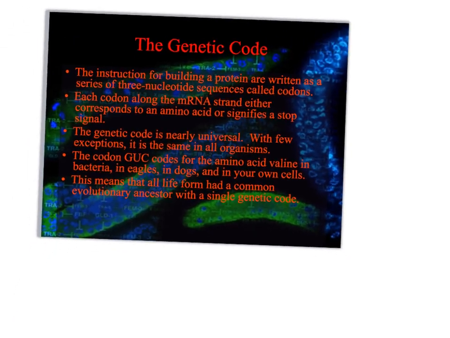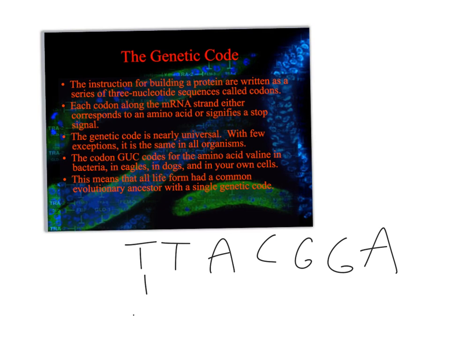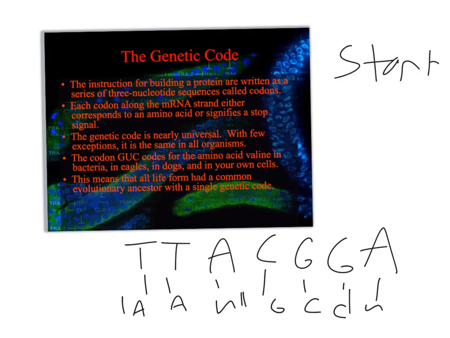You saw that if you looked at the activity of the lab in class last time. What's important about this genetic code is we use codons. So we take a sequence of DNA. The first thing we need to do is convert it into an mRNA molecule. And then here, we break this into 3-letter codes. It either corresponds to one of 3 things: the start codon, any of the other amino acids, or